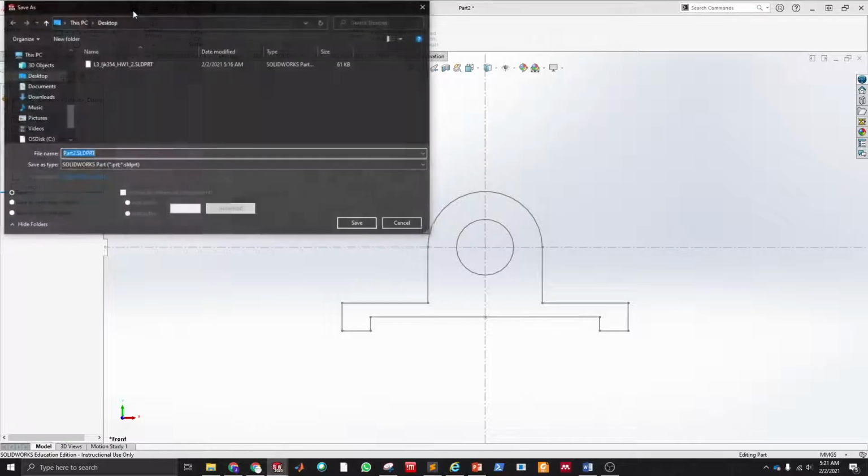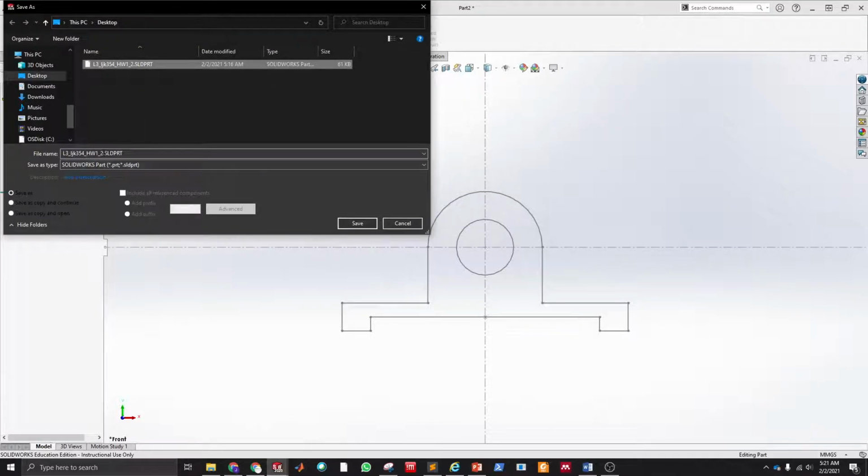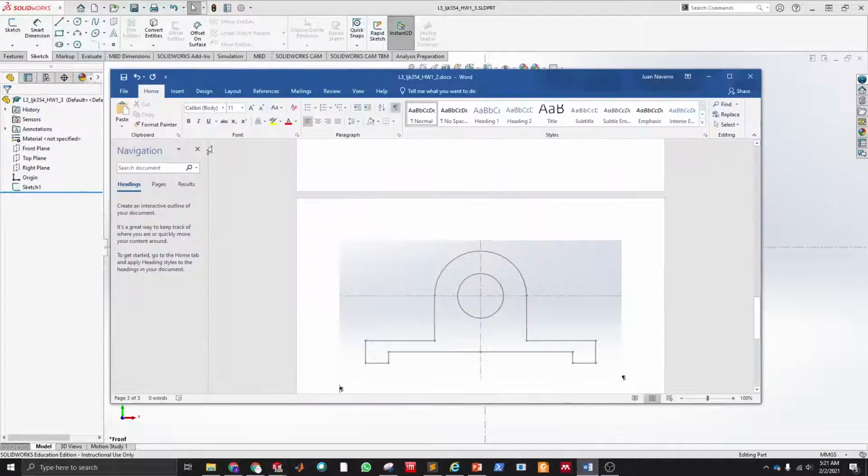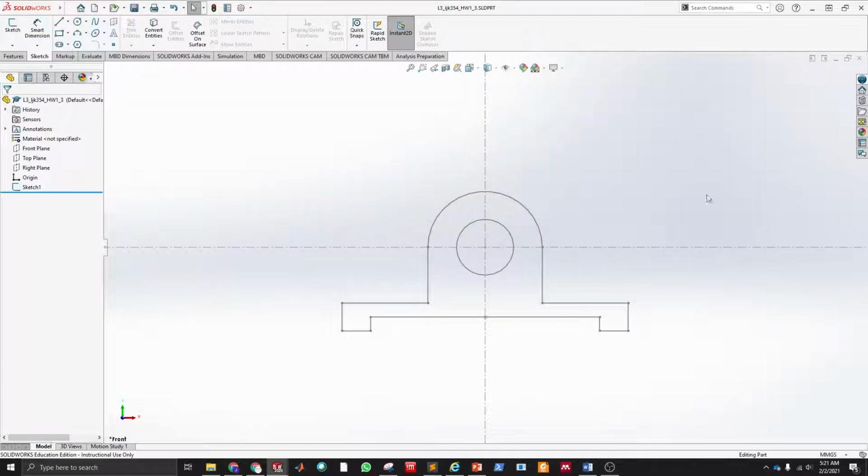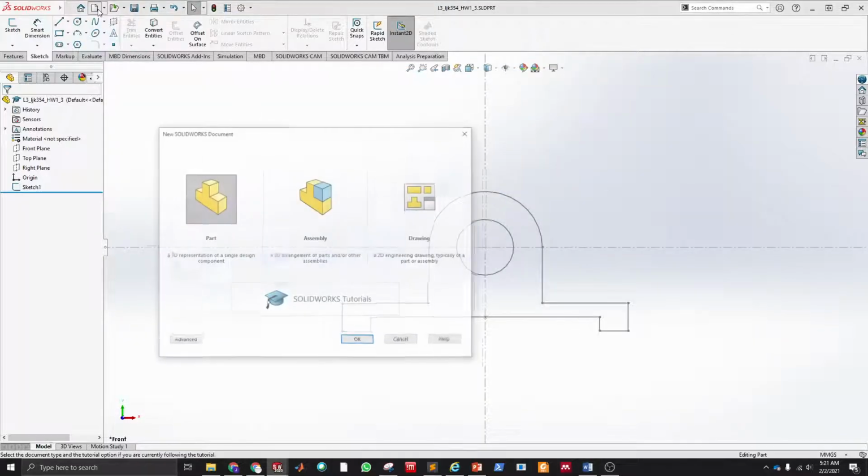And then I can save this one. And also I can save the Word document. Now for the last one,